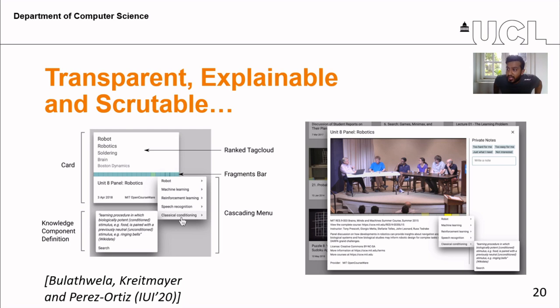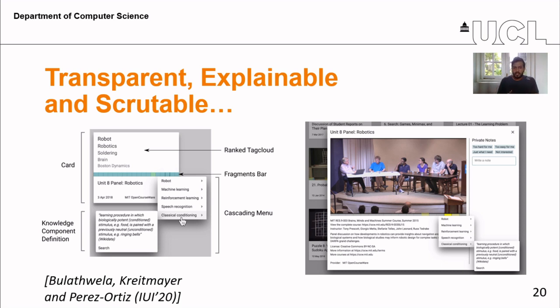Yeah, so in this particular example, in this user interface, we have focused on a few things that are important in terms of transparency, explainability, and scrutability. So one of the things is, while enabling the learners to navigate through content more efficiently, we are also providing transparency through this system, because we are presenting the content representations to the user as they are consumed by the